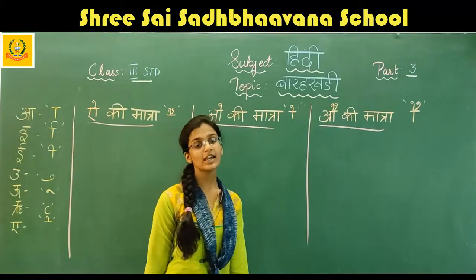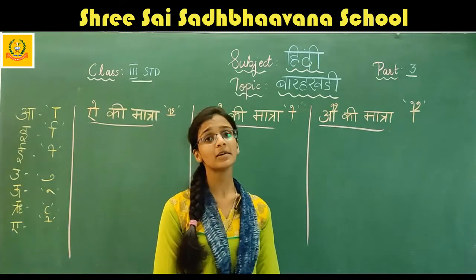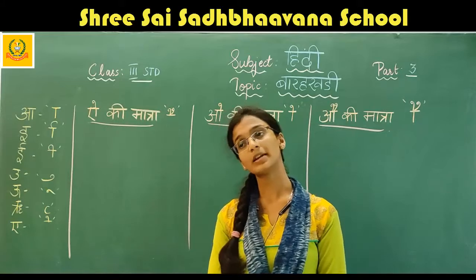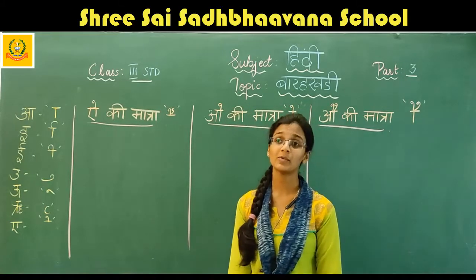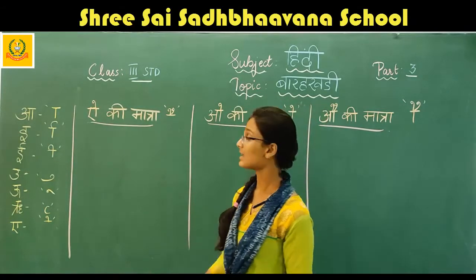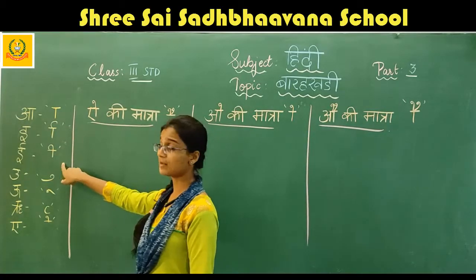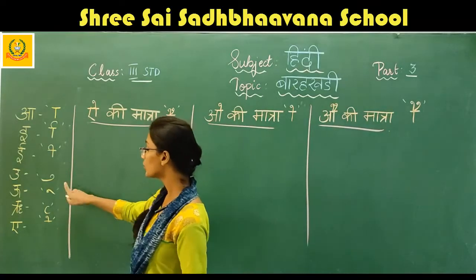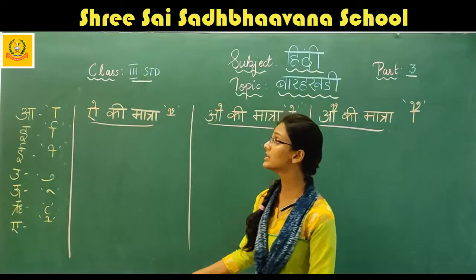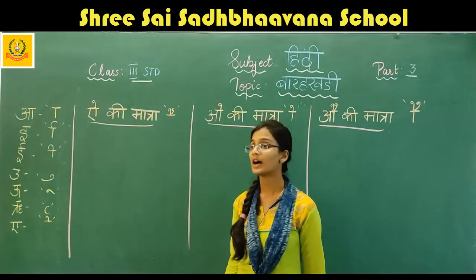So I'll be teaching Hindi and today's topic is Bharakadi. Children, before starting the topic, I would like to revise what we had learned in the previous class. Can anyone tell me what we learned? In the first class of Bharakadi, we learned A ki matra, E ki matra and E ki matra. In the next class, we learned U, Ru and A. We finished till A ki matra. So children, now let us learn matras from I to Aha.